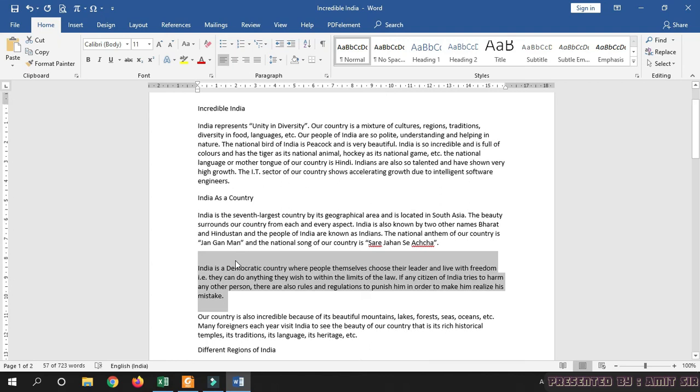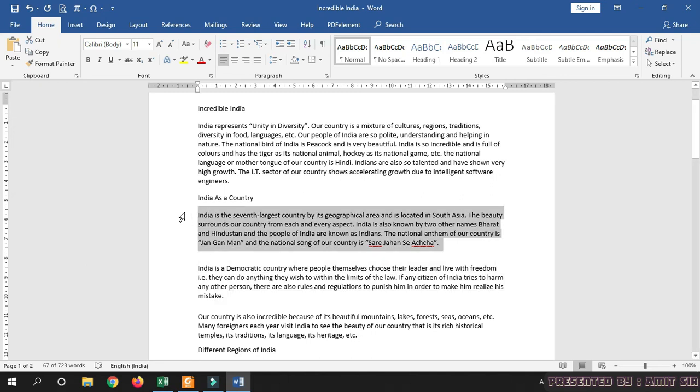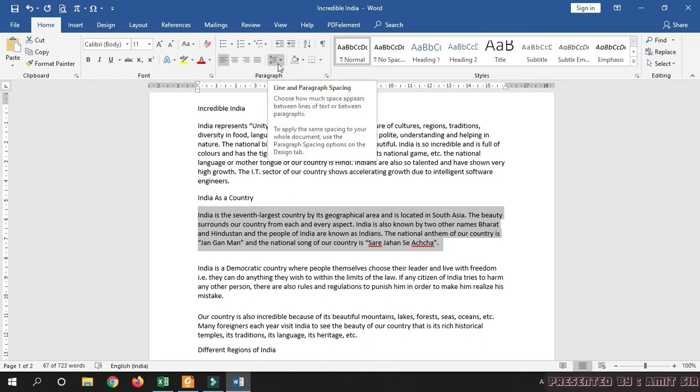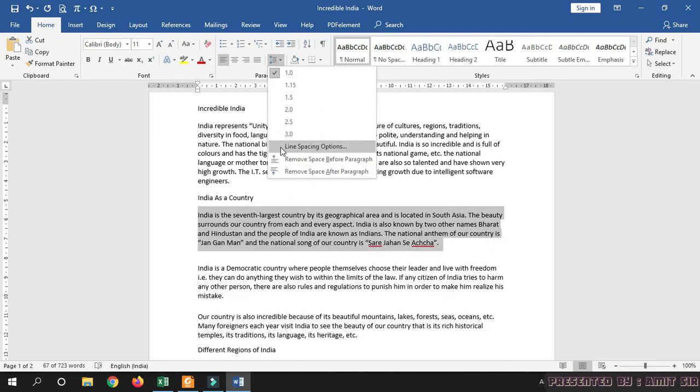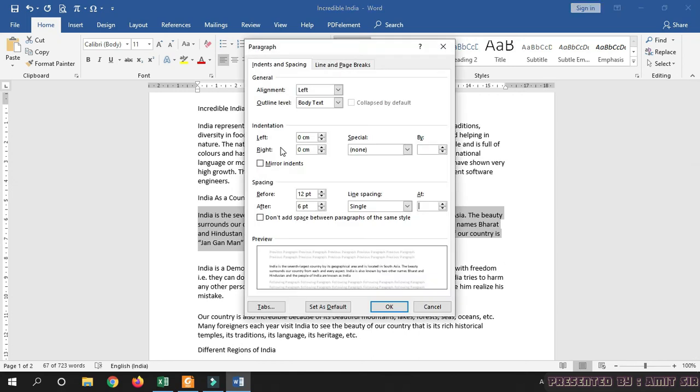So for changing the paragraph or line spacing, we have to select the paragraph first, then we have to go to line and paragraph spacing option. From here, click on line spacing option and select the spacing as you require. This part is for line spacing within a paragraph and the left part is for paragraph spacing.